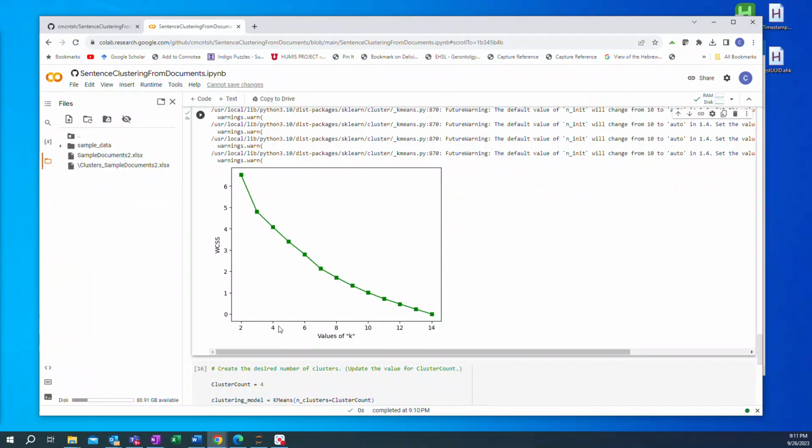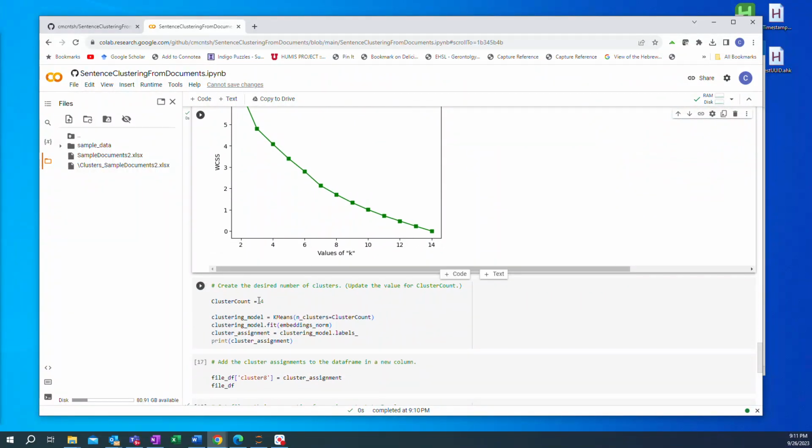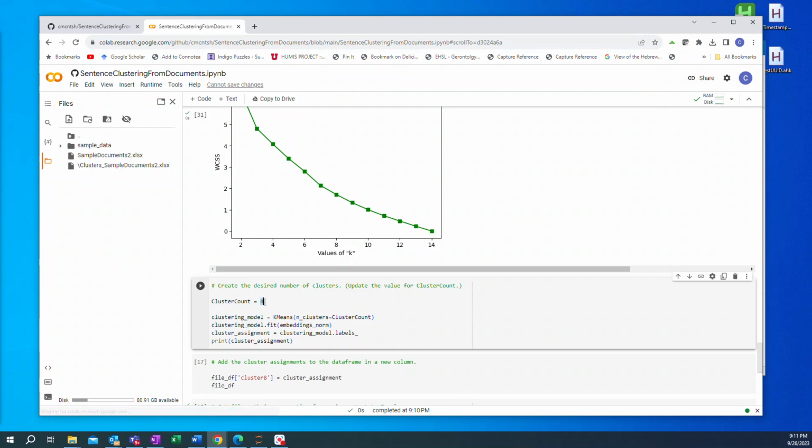And so you'll see that comes between 2 and 4, and I know I used 3 different Wikipedia sites to make up this sample data, so we're going to use 3 as the number of clusters. And you'll see I had it as 4 on the sample, so I would suggest you change it to 3, but you can use 4 if you want to. It won't make a big difference. And then we will